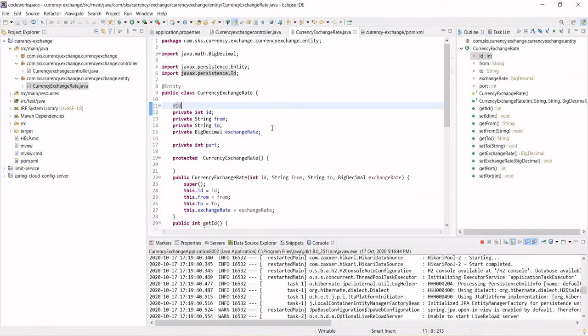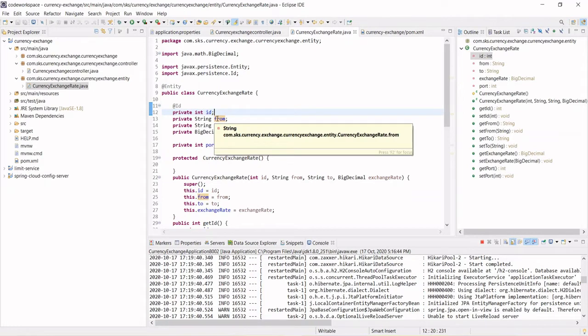But if you see here, the private String from we have taken, and to we have taken. This is a keyword of either the Oracle database or the SQL database. So this is a keyword. We want to represent it as from in Java, but in the DB we want to represent it as some other column of the table. If you don't do this, it will throw an error. So let's see how we can do this.